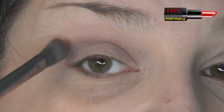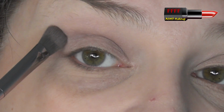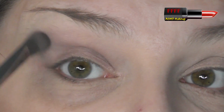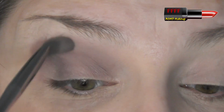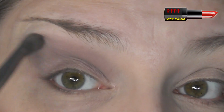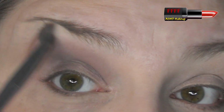So we're now going to do little tiny circles. We're going to start off keeping the bristles in contact with this line we've laid down. Again, starting from the outer edge, we're going to do very tiny, very light pressure, little circles into the middle. Then without taking the brush off your skin, go up a wee bit, reverse the direction and come back again. And if you're like me and you've got deep set eyes, you've got a lot of space to play with, you can probably go up again and go back to the original direction